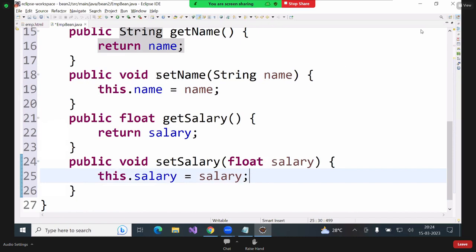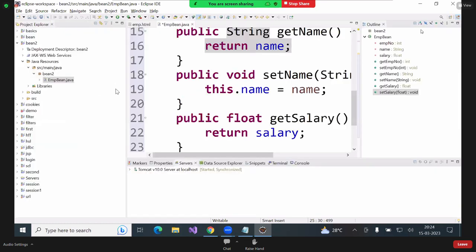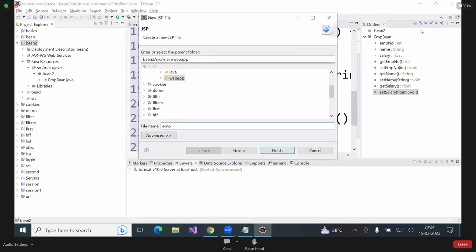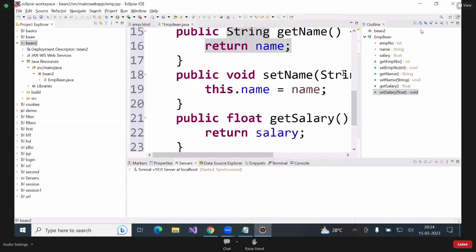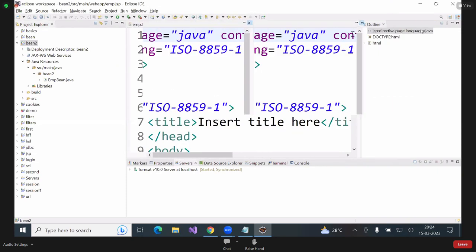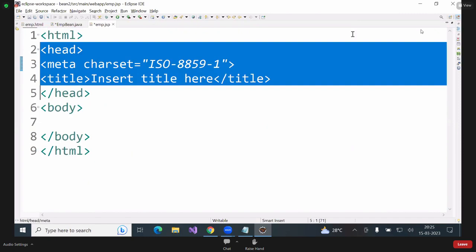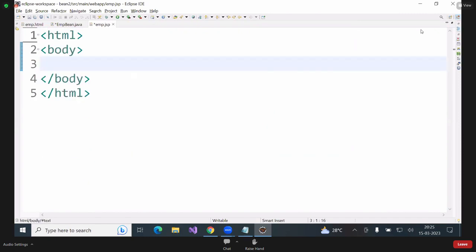Now see, now JSP. Right click, new JSP file, emp.jsp. First of all, we have to retrieve the data from HTML. What do we have to write? String. Suppose String s1 equal to